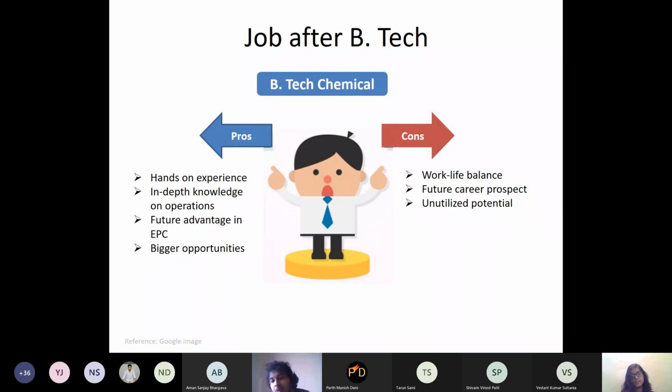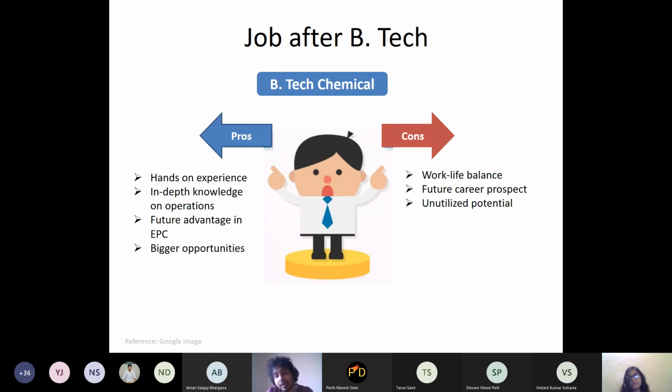When I talk to my friends who are in plant, they say that it validates what they read in their books. But it is much more than that. So you have validation of your ideas, what you read, and then it adds the practical nuances. So running a plant, even if it is the same licensor, same technology, same field, there are certain nuances in running a plant which you can only gain by hands-on operation. So if you are passionate about that hands-on operation of running a plant, this is a good area.